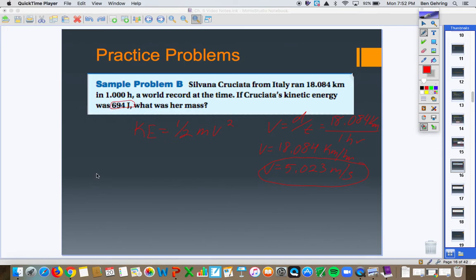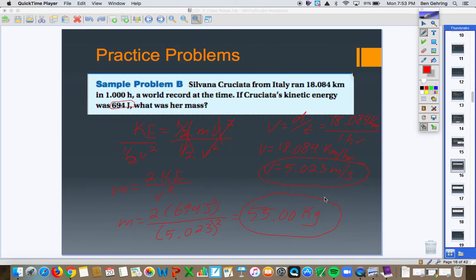I'm solving for mass. So I know that I can get mass by itself. Divide this side by 1/2 v squared. If I divide this side by 1/2 v squared, I can simplify all of this, make it look prettier. I can have m equals, I'm going to flip my 1/2, so 2 times KE divided by v squared. So m equals 2 times 694 joules, all divided by 5.023 squared, and my mass comes out to 55.00